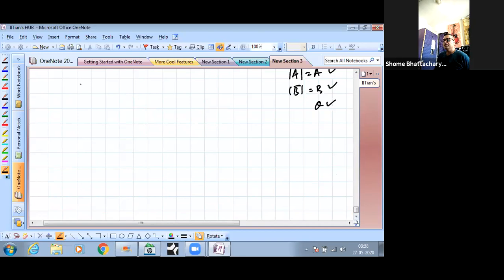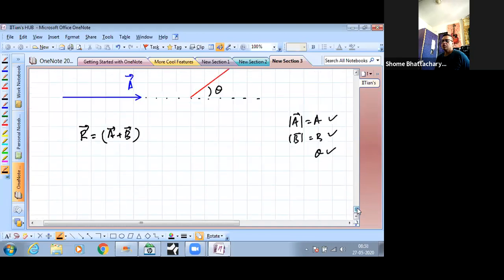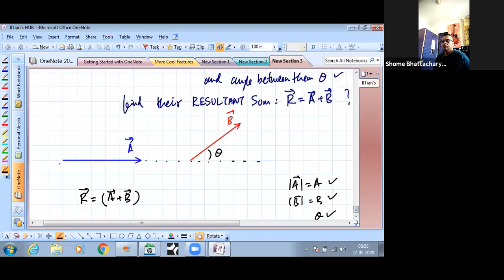So what we'll do is we'll interpret the resultant as if we are treating A and B like two displacements. Okay? So just imagine here that the vectors A and B are two displacements. So if A is a displacement vector, that means if I start from this position, after completing the displacement A, I reach here. And if B is a displacement vector, then again it means that if I start from this position, then after completing the displacement B, I have reached over here. So that being the case,